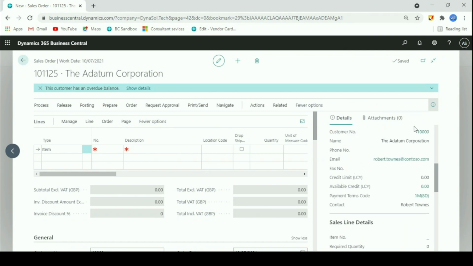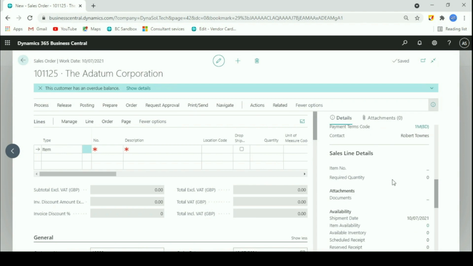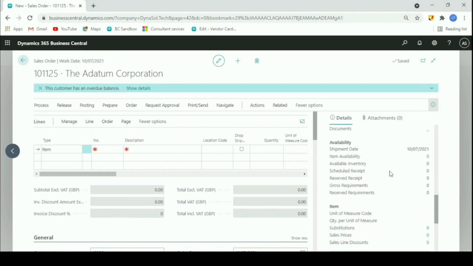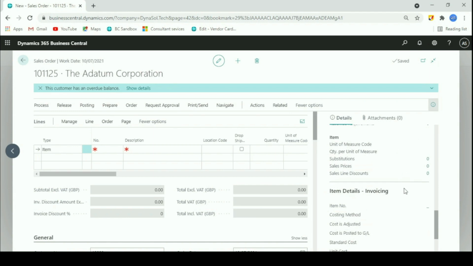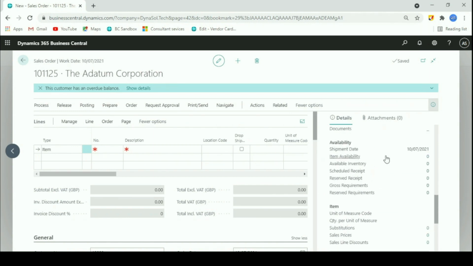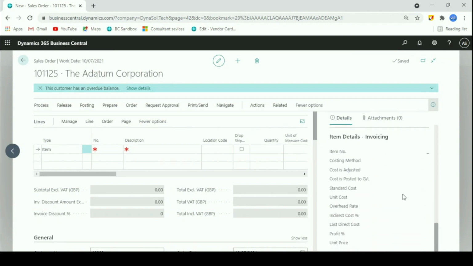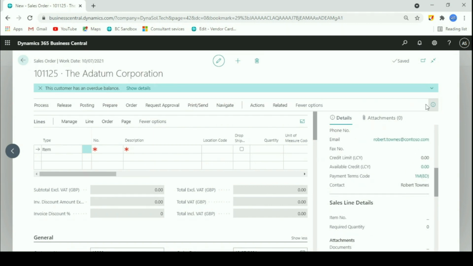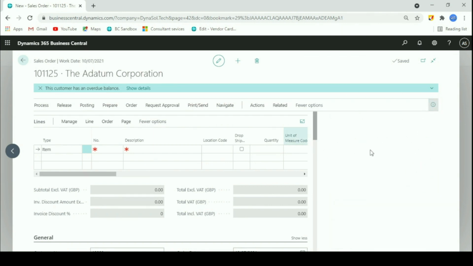Here are the customer number, name and contact person. These figures are now zero because I didn't enter the item. When I enter the item, this information will change. It's very useful information.